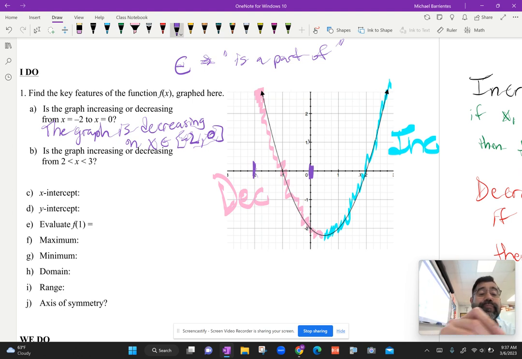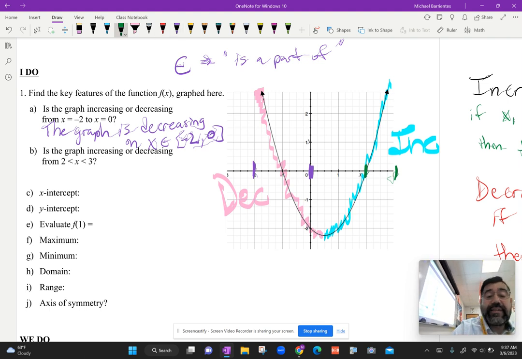All right, what about B? Is the graph increasing or decreasing for x's that are between 2 and 3? Okay, so between 2 and 3, let me use a different color. Between 2, so here's 2, and 3, here's 3. Is the graph increasing or decreasing there? Well, I can see that it's increasing. So I'm going to say the graph is increasing